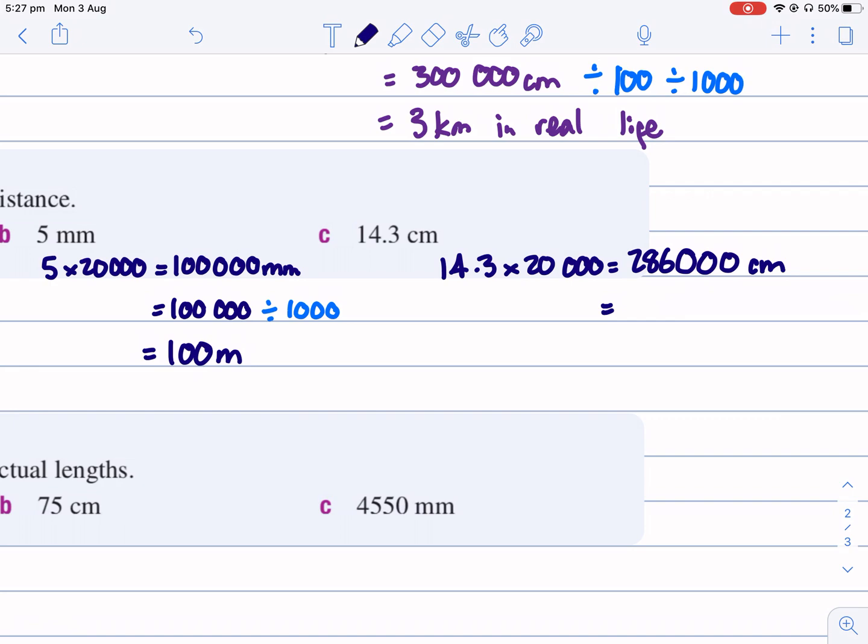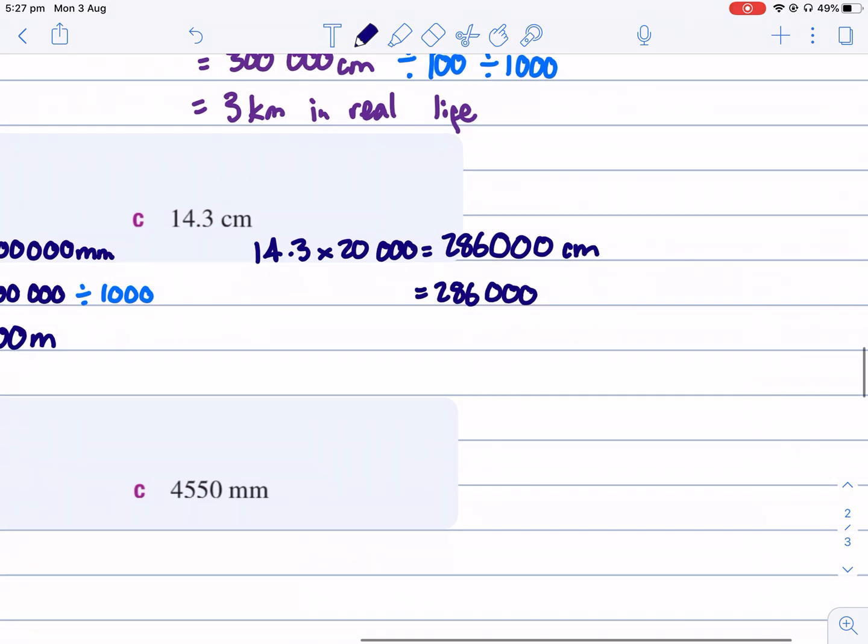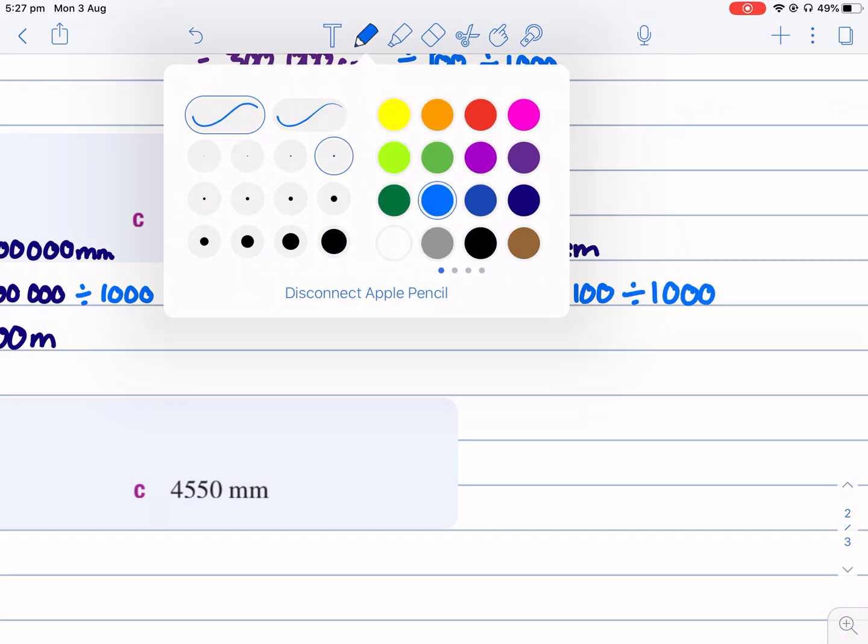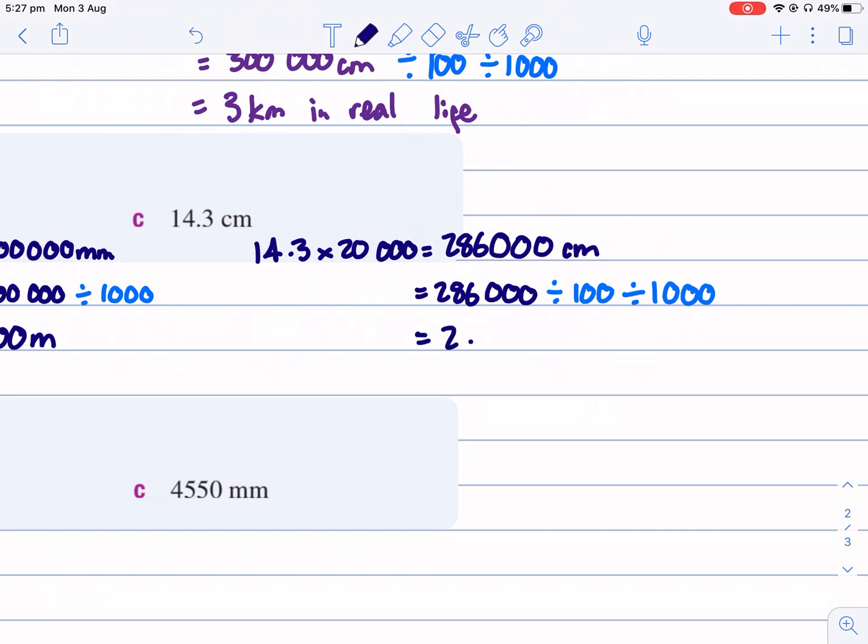So that's 286,000 centimeters, yeah? Now, knowing something's 286,000 centimeters, not that much use to me. If you ask how far away the shop is and I say 286,000 centimeters, you're going to look at me like I'm an actual moron. So I'm going to divide by 100 to turn it into meters, divide by 1,000 to turn it into kilometers. So that becomes 2.86 kilometers,